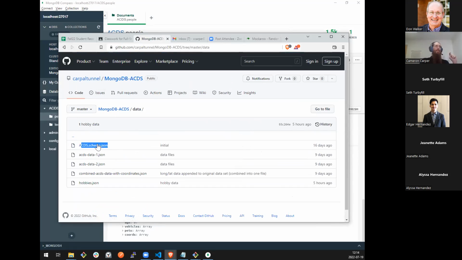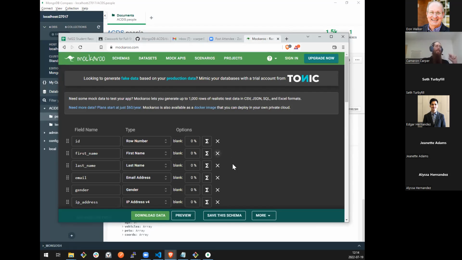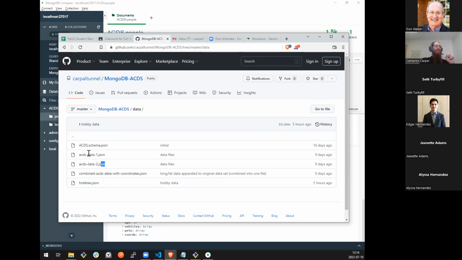You can take this schema file and then go to Mockaroo, and I think you have to have an account to upload a schema, but it's free and they haven't spammed me, so you can upload the schema and it will be exactly the same as what we've generated. But the generated data that you're dealing with is the ACDS dash data dash one.